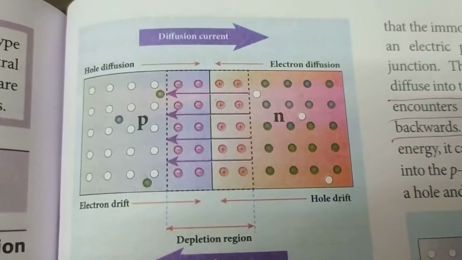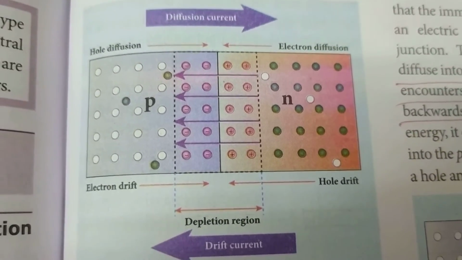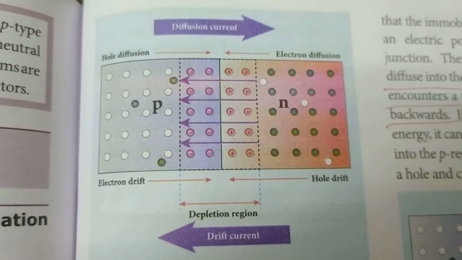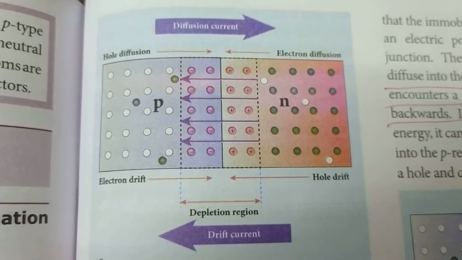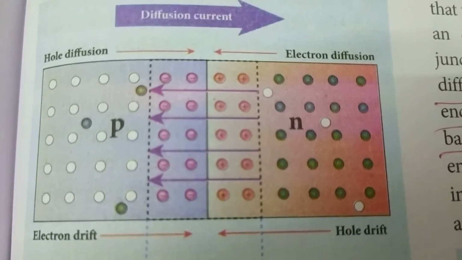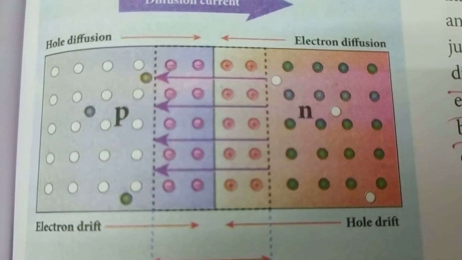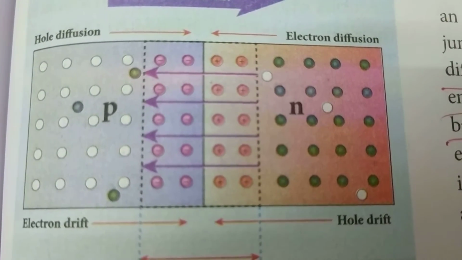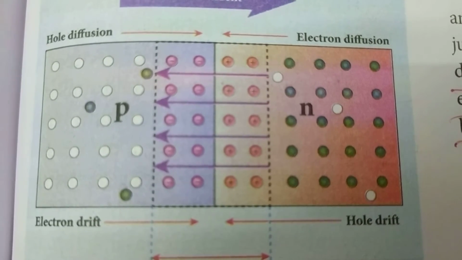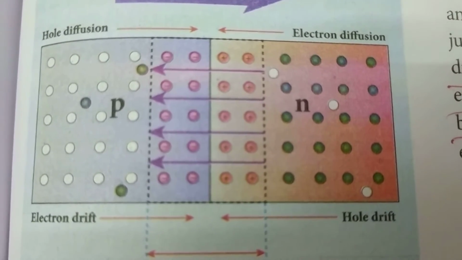For that, you take this crystal. Here, one side you have p type and the other side you have n type, and in between the p type and n type there is a junction, and the center line is called the p-n junction. We will see how the depletion layer forms across the junction. The junction is nothing but the center layer of the p type and n type material.